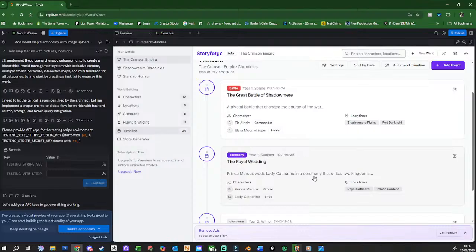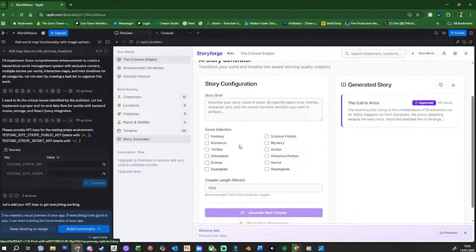And then anywhere where we needed extra stuff, we can drop them in, and then basically these events become chapters of your story. And then obviously we've got a story generator here as well, so we can use all of the stuff we've done here to draw down from this to write the story.